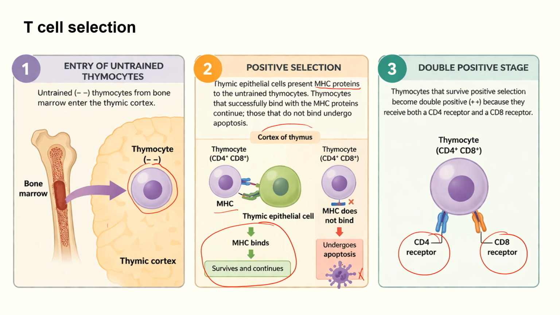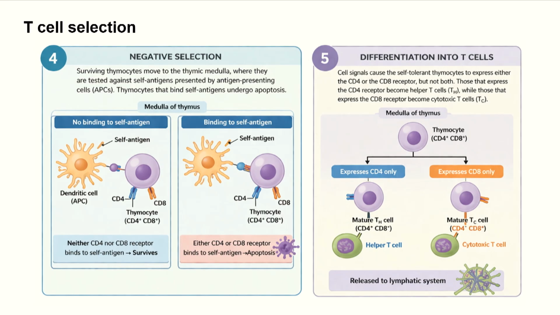What we have understood till now is that the cells come from bone marrow to thymus, and in the thymus they encounter the MHC1 loaded antigen presenting cell. Once they identify this antigen presenting cell, they are positively selected, and if they are not, they are destroyed by apoptosis. Now since there are double positive cells, meaning CD4 and CD8 plus expressing cells in the thymus, in the next stage there is a negative selection. So what will happen is